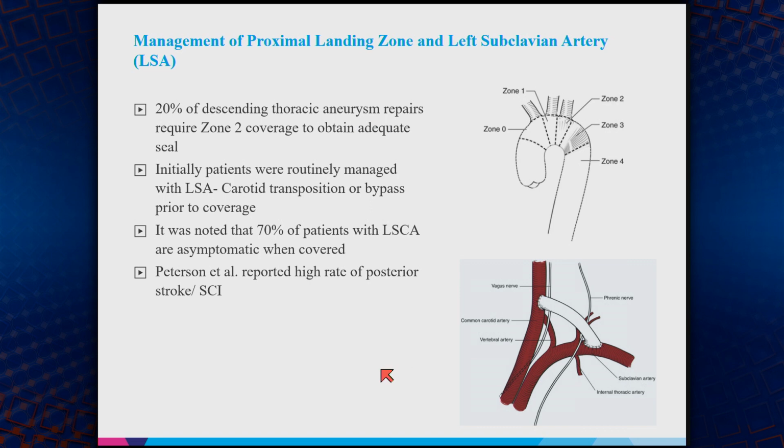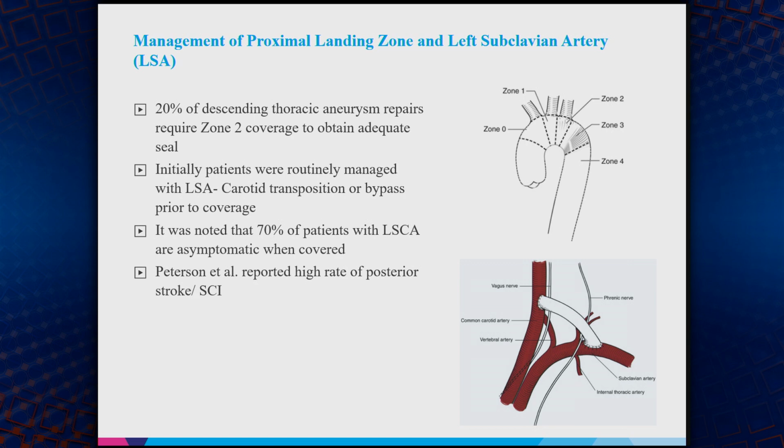So now, in terms of managing the left subclavian artery, about 20% of descending thoracic aneurysms require zone 2 coverage in order to get adequate seal. Initially, this sort of swung back and forth in terms of management. The initial descriptions of covering the left subclavian artery were almost always paired with a carotid transposition or a carotid subclavian bypass. But eventually, looking at the trauma literature and the rupture literature, there were registries and reports that about 70% of patients that got their left subclavian covered developed no additional symptoms, and so people started routinely covering the